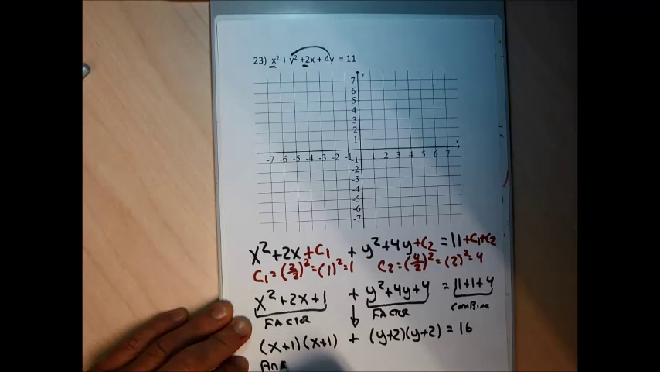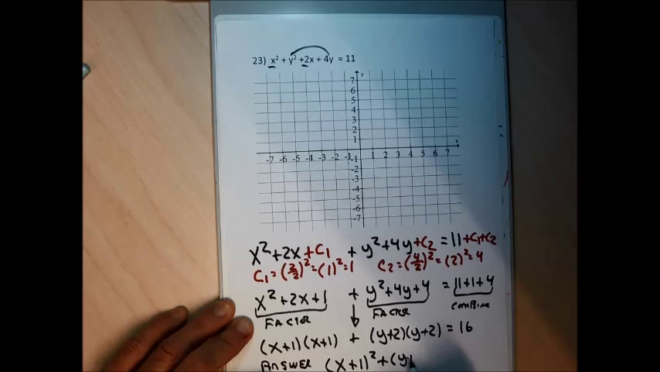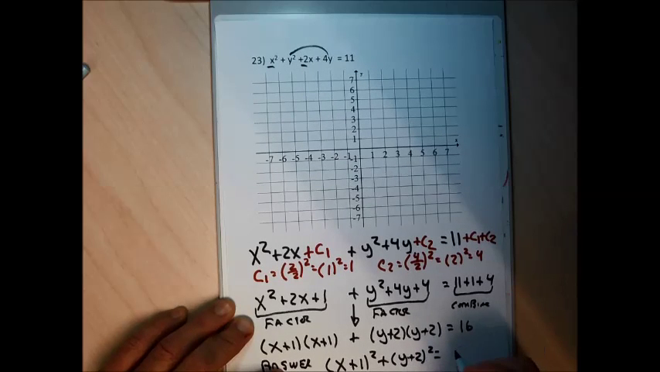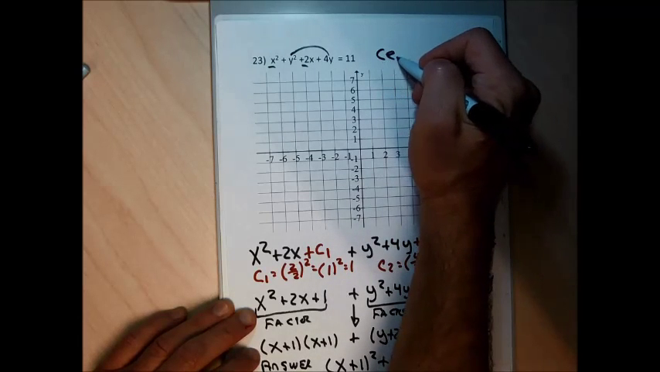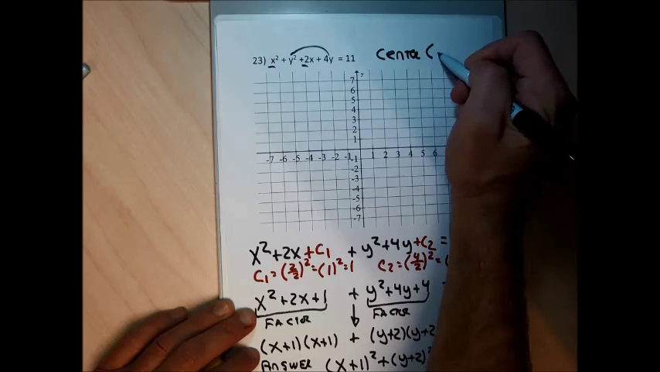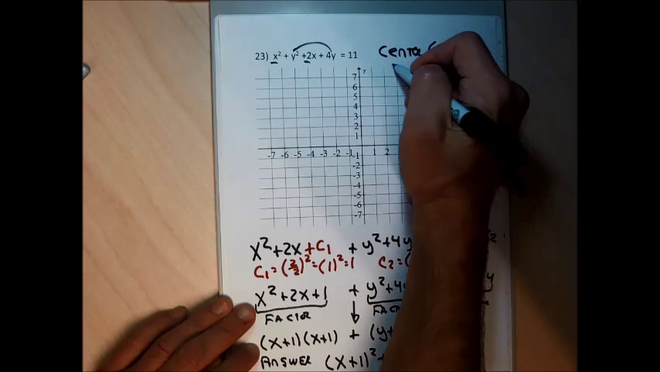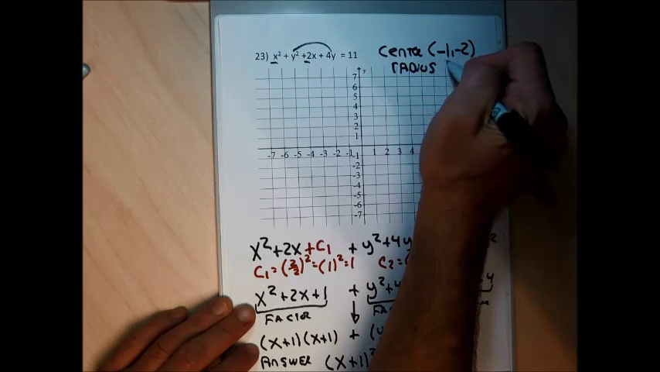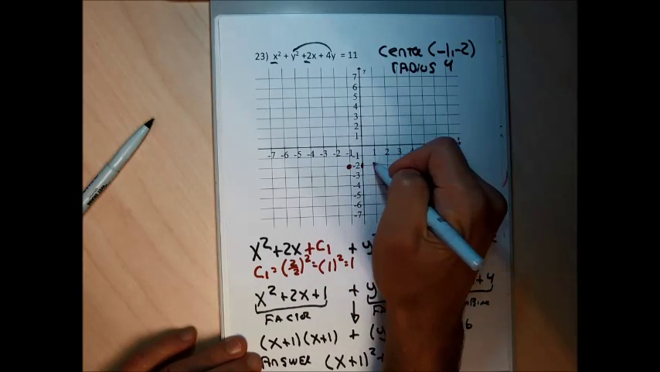For an answer to the standard form, I'd write x plus 1 squared plus y plus 2 squared equals 16, or you could write 4 squared. When I go to graph it, because there's plus signs in my parentheses, I have to change the sign to get the center. So for problem 23, the center is going to be the point -1, -2. And because I have the right side written with a square, the radius is that number that's being squared, which is 4. So to do my graph, I'm going to plot the point -1, -2, and go 1, 2, 3, 4,